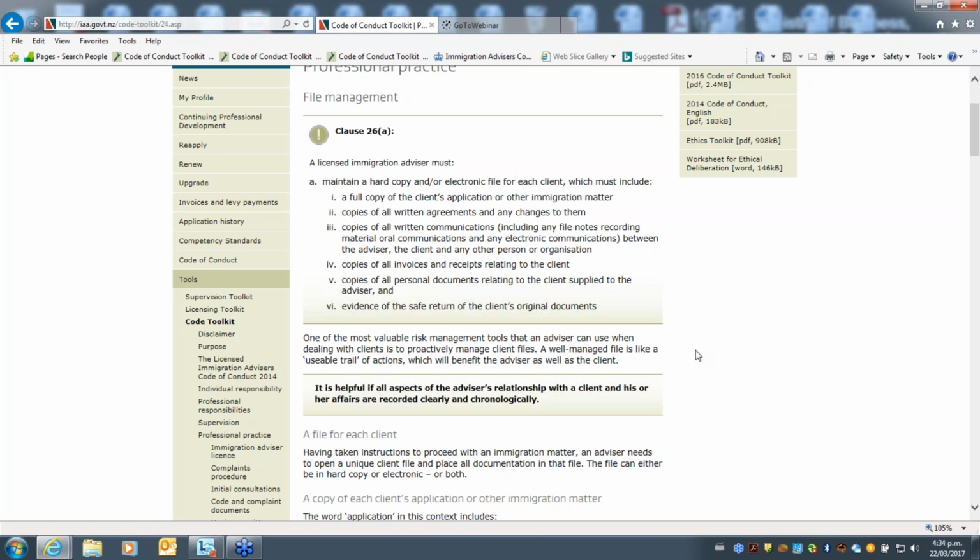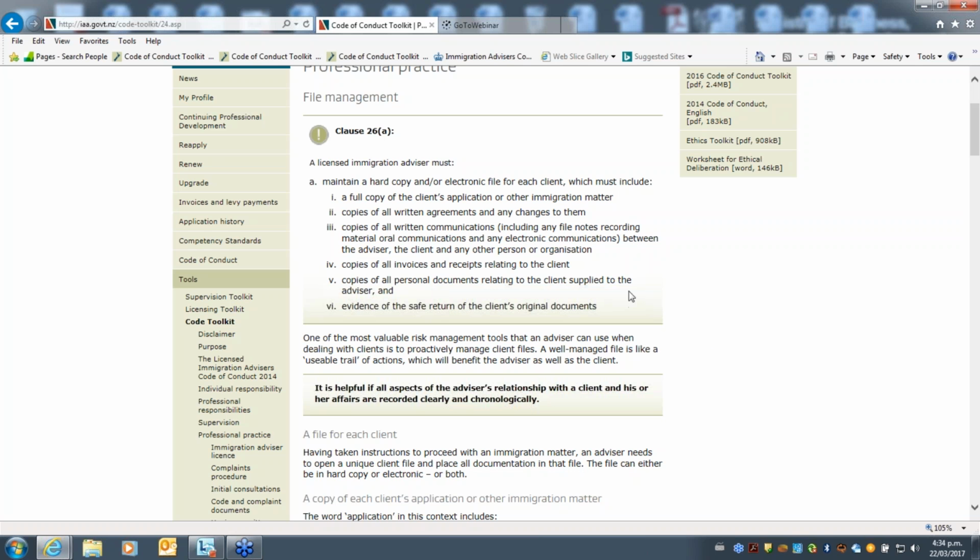So this is really a protection for you, and it also prevents complaints arising, because when you've got things recorded in writing, and both parties can see what's recorded, then there's a common understanding, and the complaints just don't arise. So it prevents issues. If issues do arise, it helps you defend them, and often if a complaint arises and we ask for the client file and it comes back with a clear record of all of these things, often the complaint will just be closed at that point. So there's good reasons for what appear to be, I guess, administrative burdens.